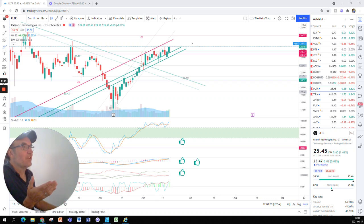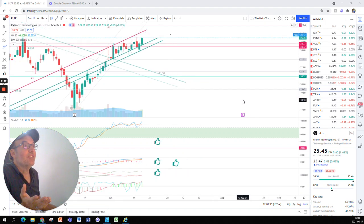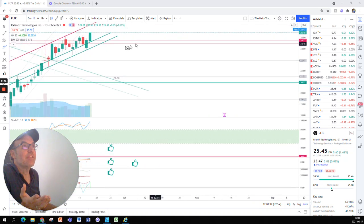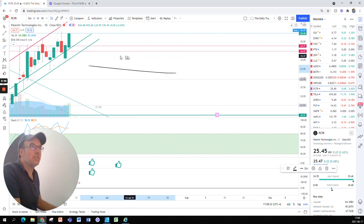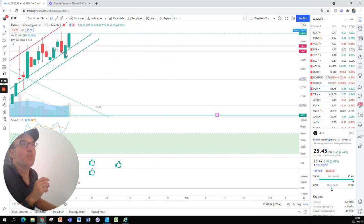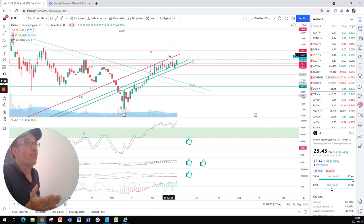So Palantir, a very good day. 24.45 is the close. Up 65 cents, up 2.62%. Post-market, up 2 cents. Look at this here. So nice green candle, with a wick at the bottom, no wick at the top. So this looks like a full steam ahead candle, and we broke